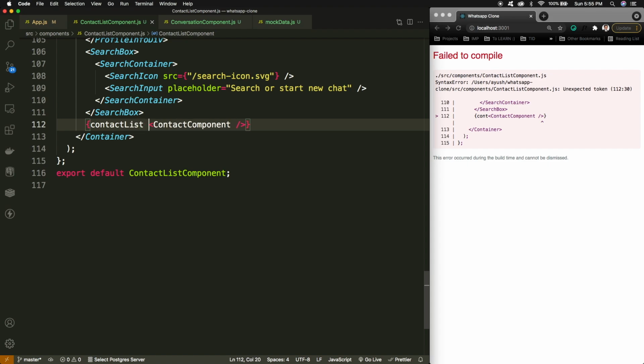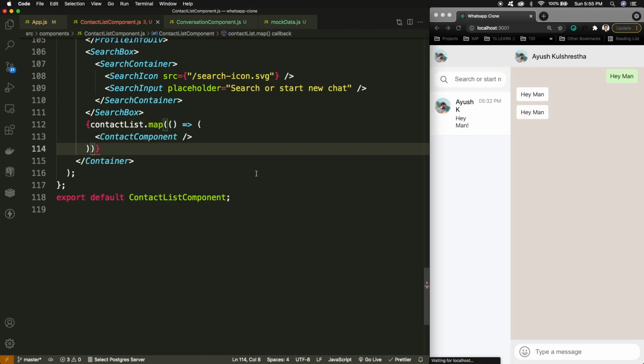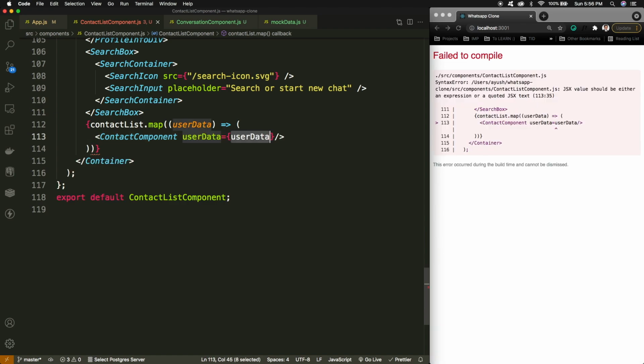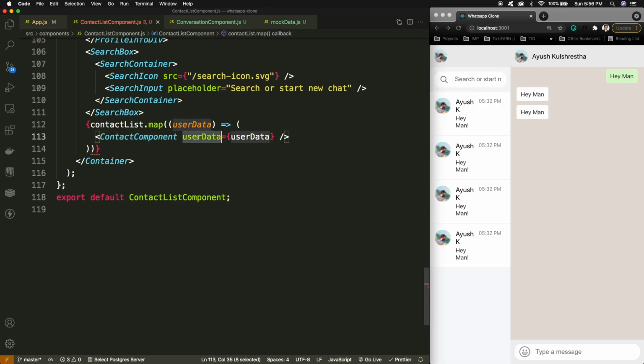Contact list is here, contactList.map. I'll be mapping around the contact list, and from that I'll be returning the contact component. This will definitely have the user data, and that user data I can provide to the contact component.